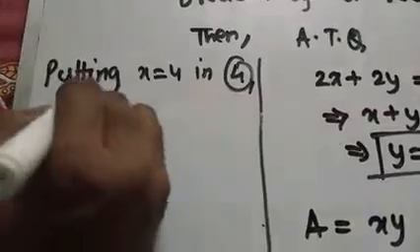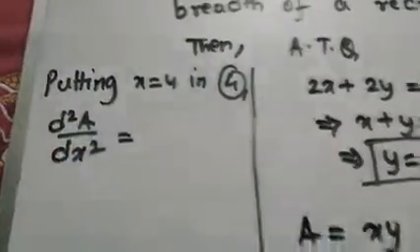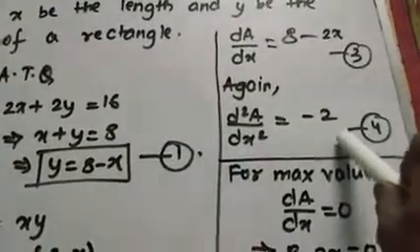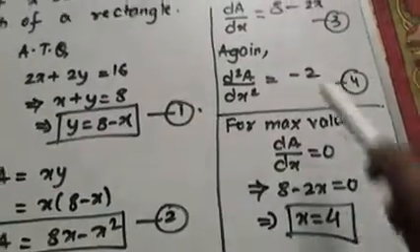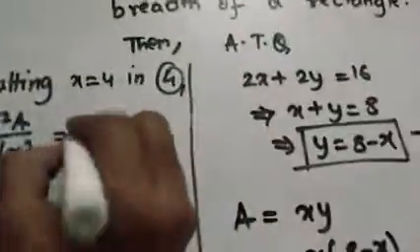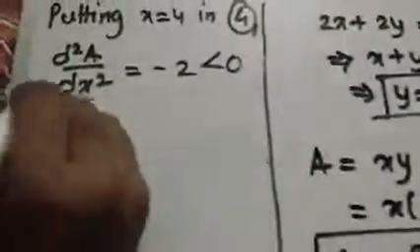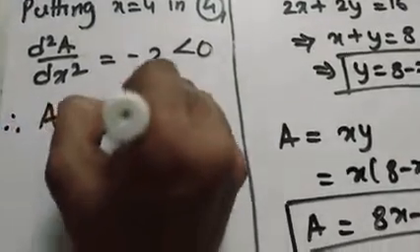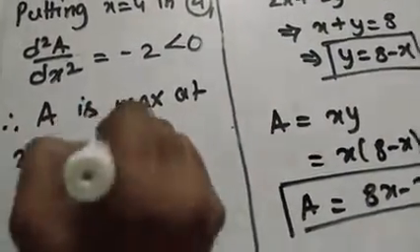So d2A by dx2. What is given here? Minus 2. See, double derivative value is minus 2. There is no x, so there is no place of putting x equals 4. So it will remain as minus 2 only. So minus 2, which is negative, so less than 0. So final conclusion, therefore area A is maximum at x equals 4, and